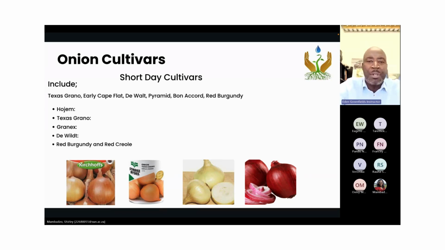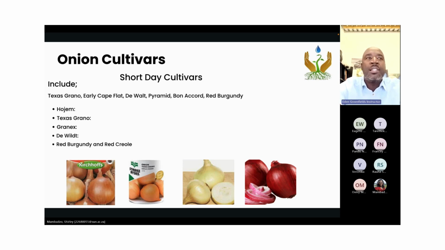Right. So let's look at onion cultivars that we have. I'm sure you have gone into shops, you have bought some seeds. So what you need to be aware of is all the outlets that we have. For example, we have Agra, we have got AgriGrow, we have got Ferreira Gardens, we've got even ShopRite. Most of these shops that are selling seeds, the seeds that they are selling are known to be able to grow